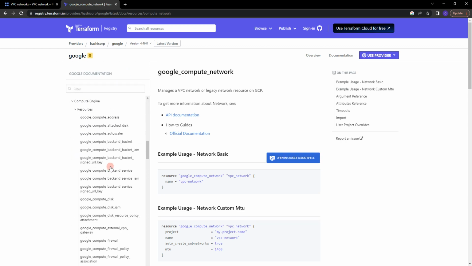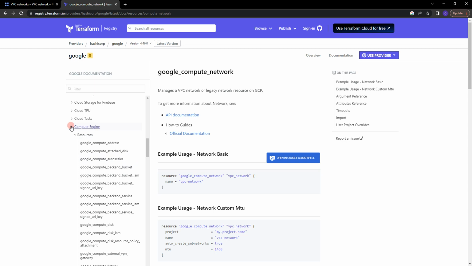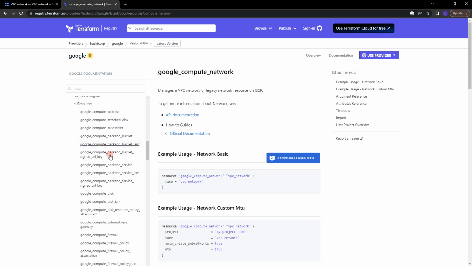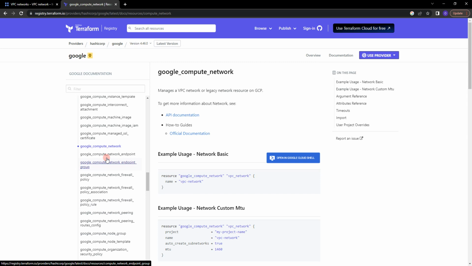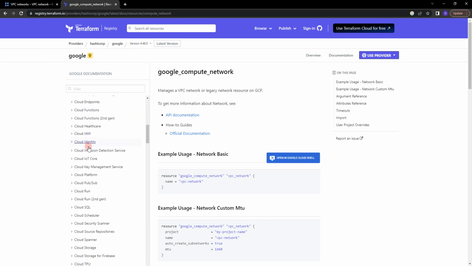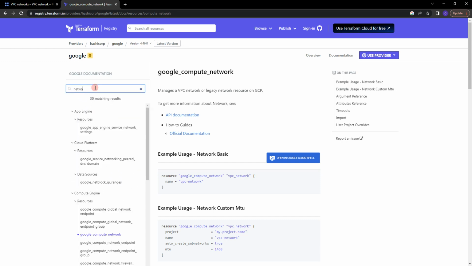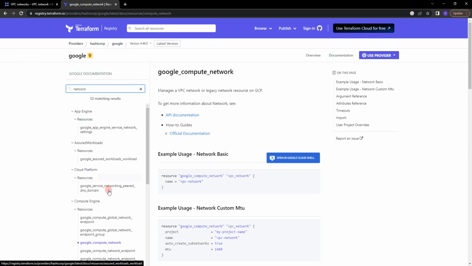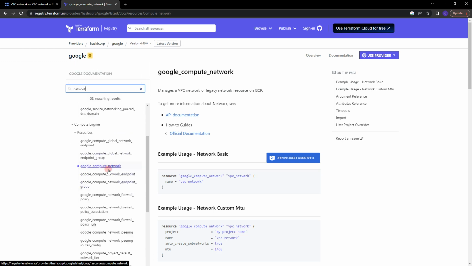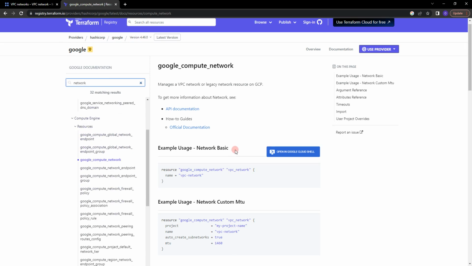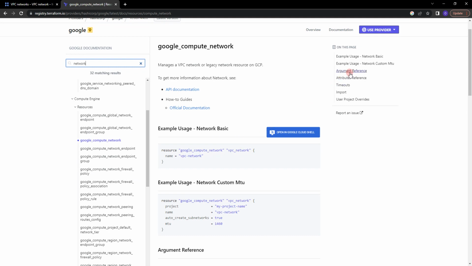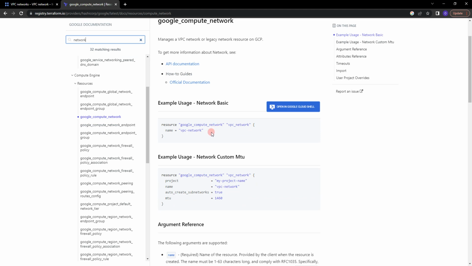Let's go below, and here Google Compute Engine, and here you can see Google Compute Network. There's also Google Compute Subnetwork. Let's search network here, and yeah, inside here you can see Google Compute Network. So let's go to the argument reference, and you can see also the example of how to create Google Compute Network,